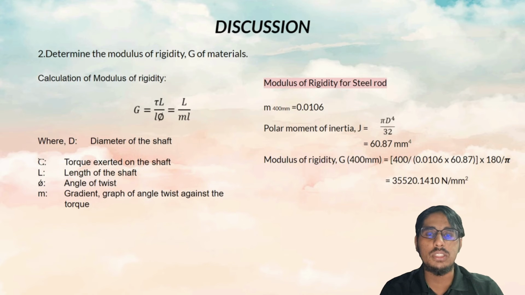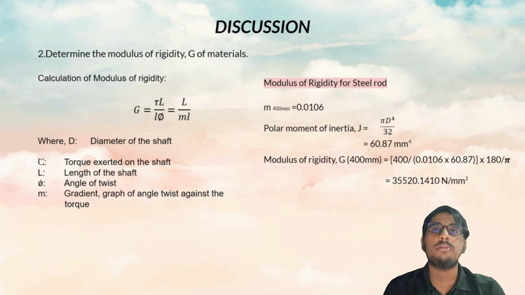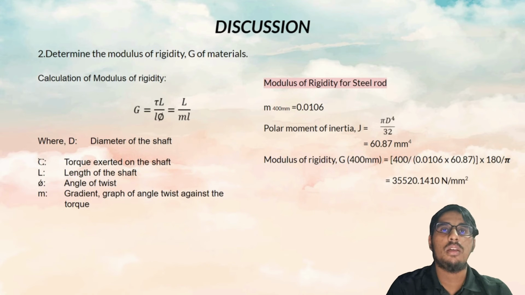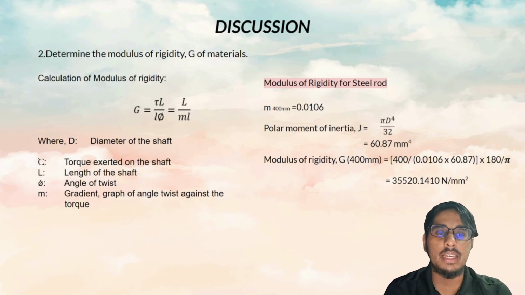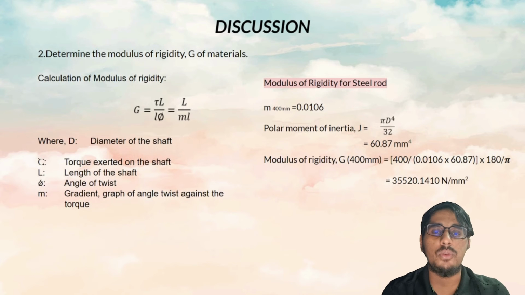The modulus of rigidity can be determined by G equal to torque times the length of the shaft divided by the polar moment of inertia times the angle of twist, which is also equal to the length of the shaft divided by the gradient of the graph times the polar moment of inertia. Based on the formula, it is proven that the modulus of rigidity is inversely proportional to the angle of twist but